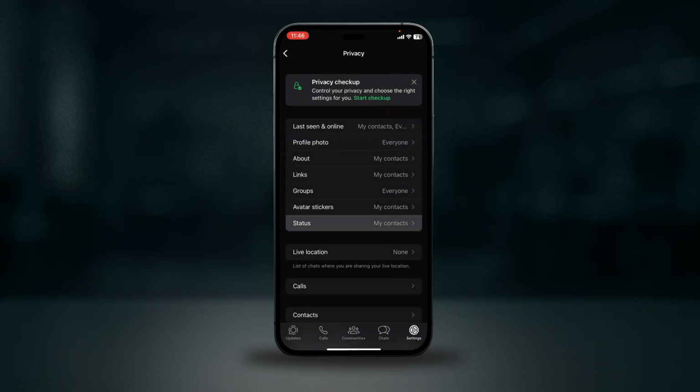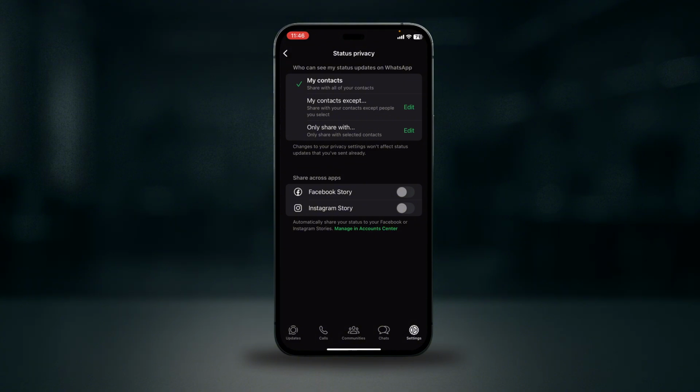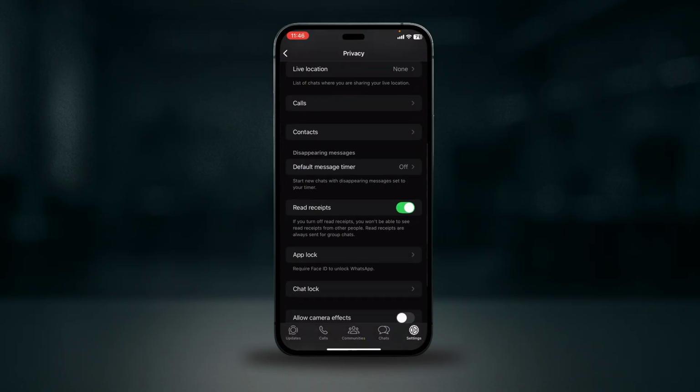Tap status and choose who can view your updates. Is it your contacts, except people you select, or only share with selected contacts. And then scroll down and turn on the read receipts if you want, or turn them off to stop showing